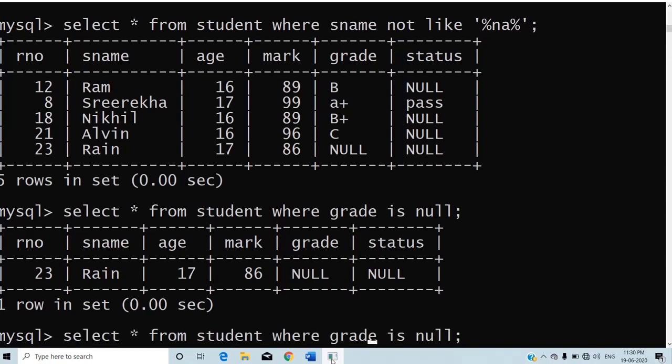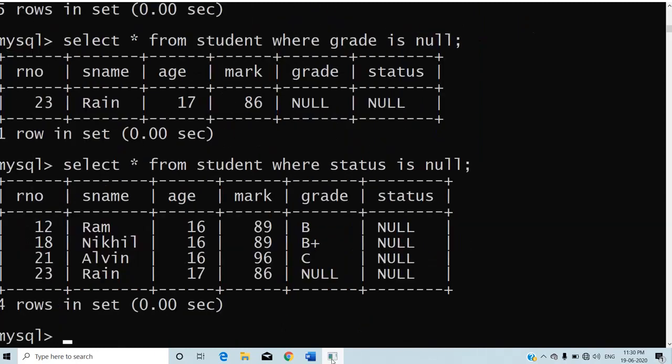Instead of this one, I will change that into status. All the records whose status contains the value null are displaying there. Same way, we have another operator: status IS NOT NULL.